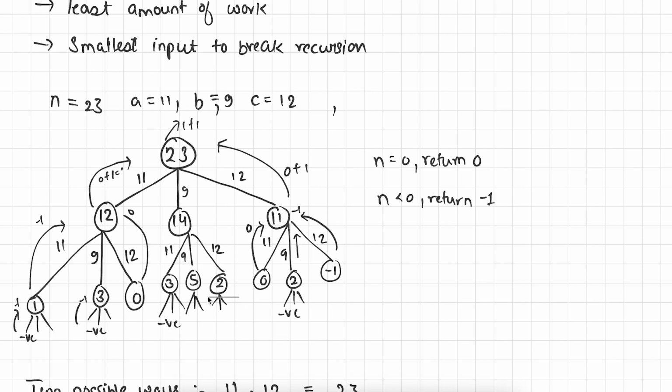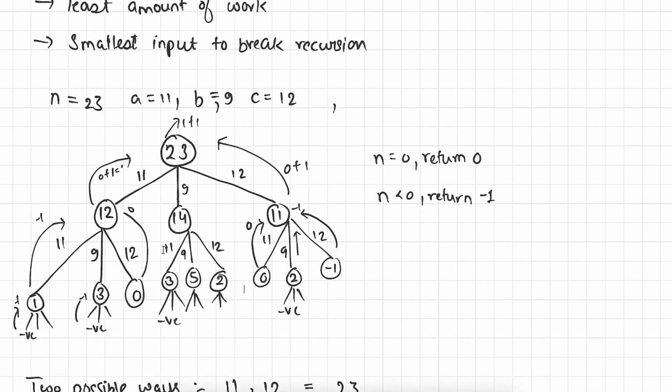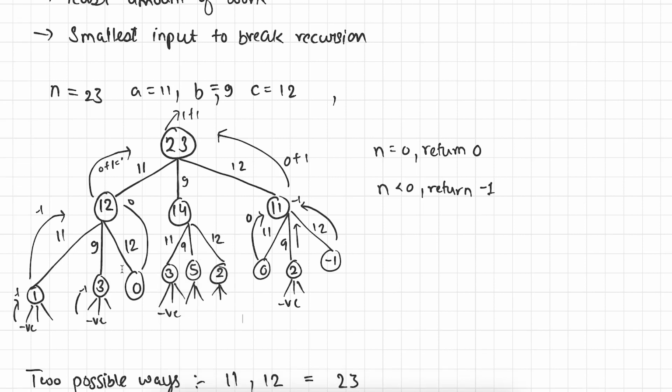Now if I try to make further cuts, we end up getting negative numbers here. Because the size of remaining rope is 3, 5 and 2, but the size of cuts is 11, 9 and 12. Right. So here also we are getting negative, here also we are getting negative and here also we are getting negative. Only in this case we are getting positive, that is 0.